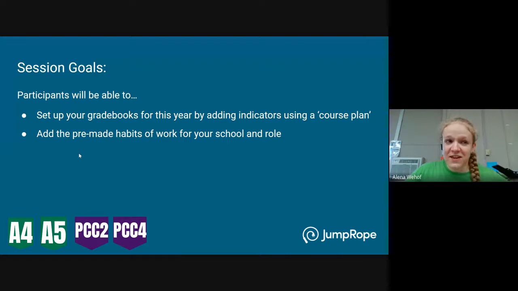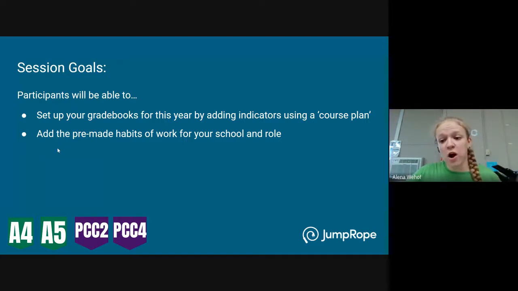At the SU level, there is no expectation to be using transferable skills in JumpRope for this year. This year, the focus is on using the priority indicators and then reporting on the habits of work as outlined on the expectations document. And that is it.